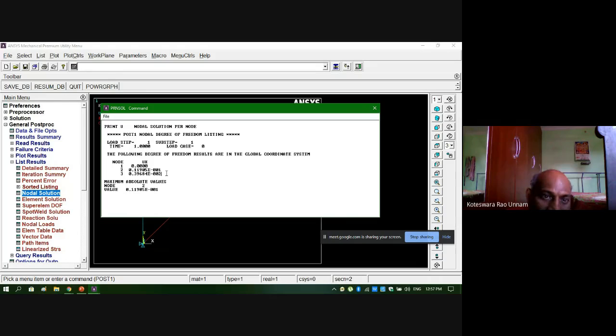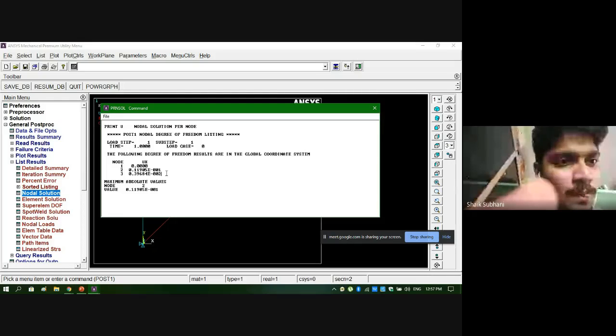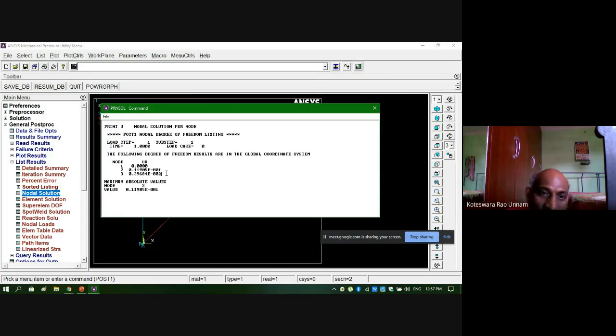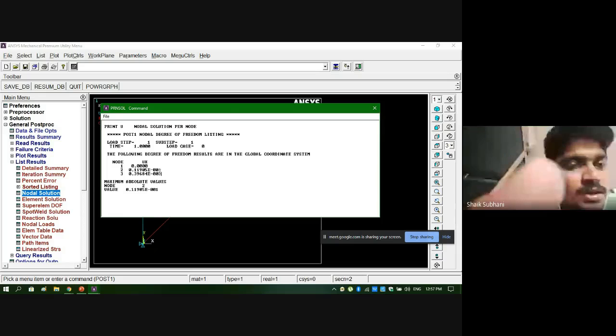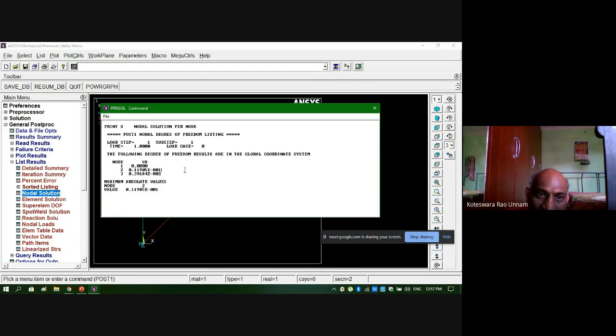For the third node, 0.3968 e minus 2. So these are the ux displacements in the x direction.